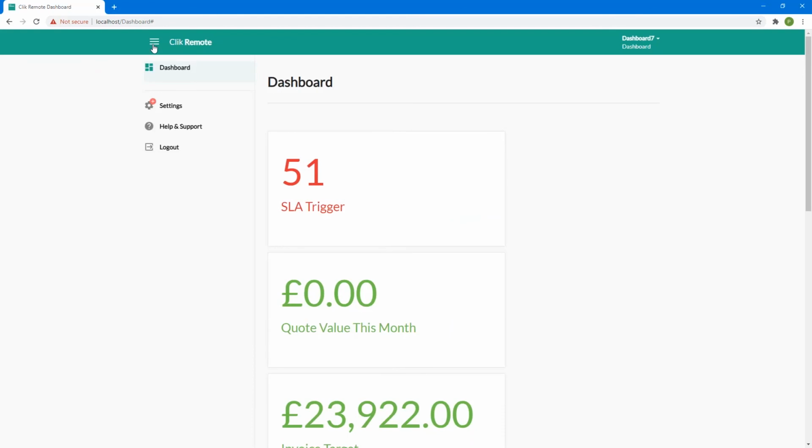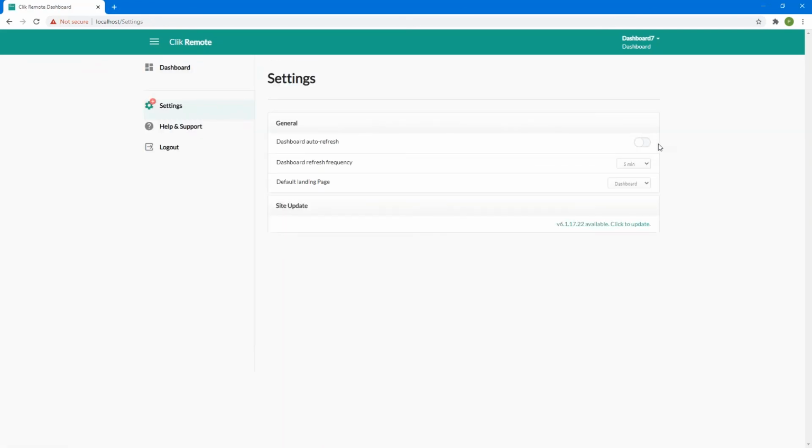Just so you know, you've also got your 3 bars at the top here where you've got your settings, and you can auto refresh them as well, and the default landing page. But that's really all what the dashboard widget is, or the dashboard login is. I think